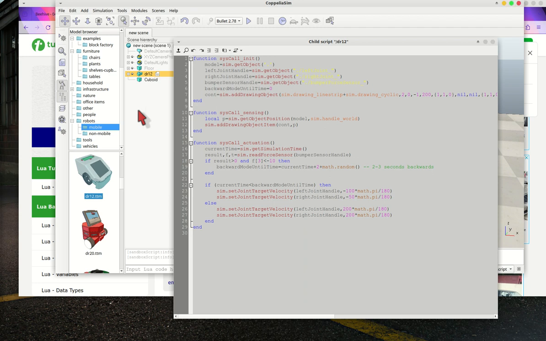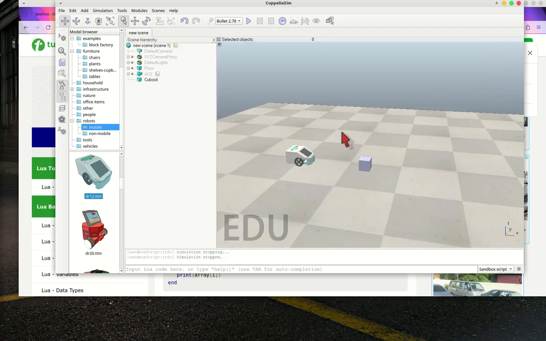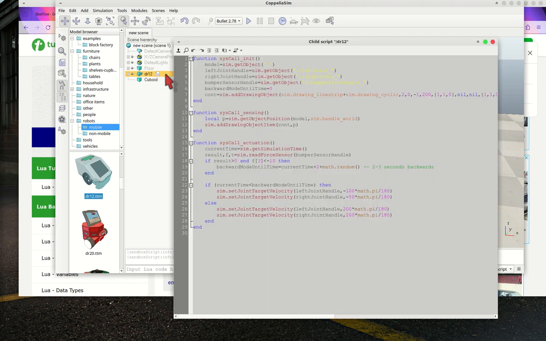So in this case, for this robot, as you notice, this robot should have two motors. That's why you have left joint handle here referring to the left motor, right joint handle referring to the right motor. And then the bumper sensor handle, this is the bumper of the robot. For the bumper of the robot, you use this variable, bumper sensor handle.